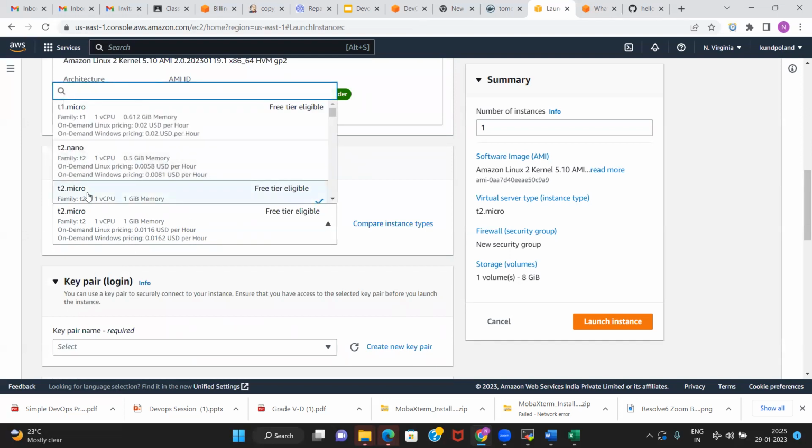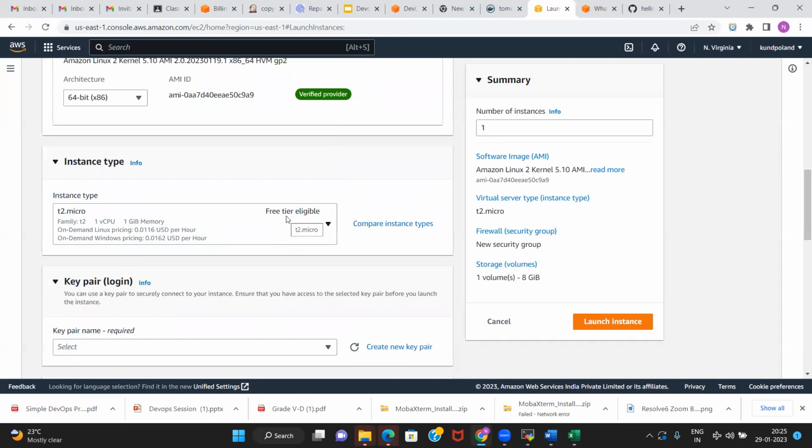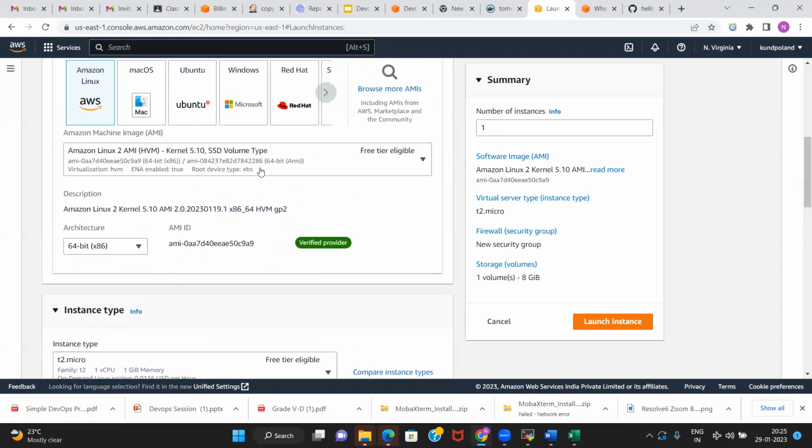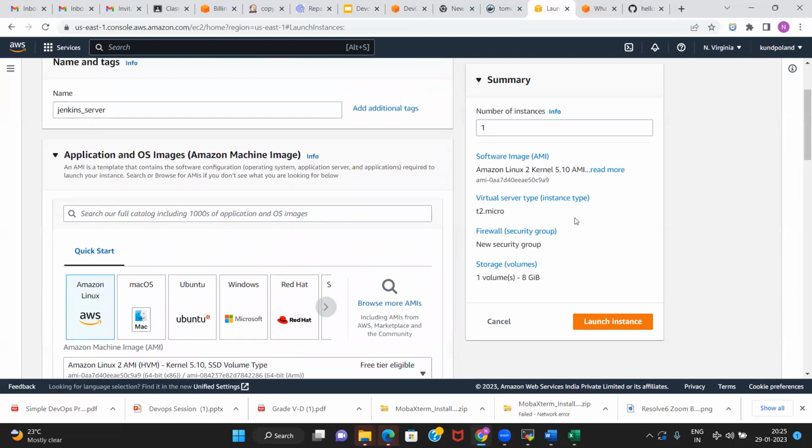So we have the free tier eligible, T2 micro is okay. Free tier eligible means that there are various options, you can say, what type of virtual machines. What will be the kind of base of your virtual machine that is going to be created? You need a Windows machine or a Linux machine. If Linux, what flavor of Linux? Amazon Linux is one of the vendors, and you can have Ubuntu. These are the different options that you will get. So I'm picking Amazon Linux for this session.